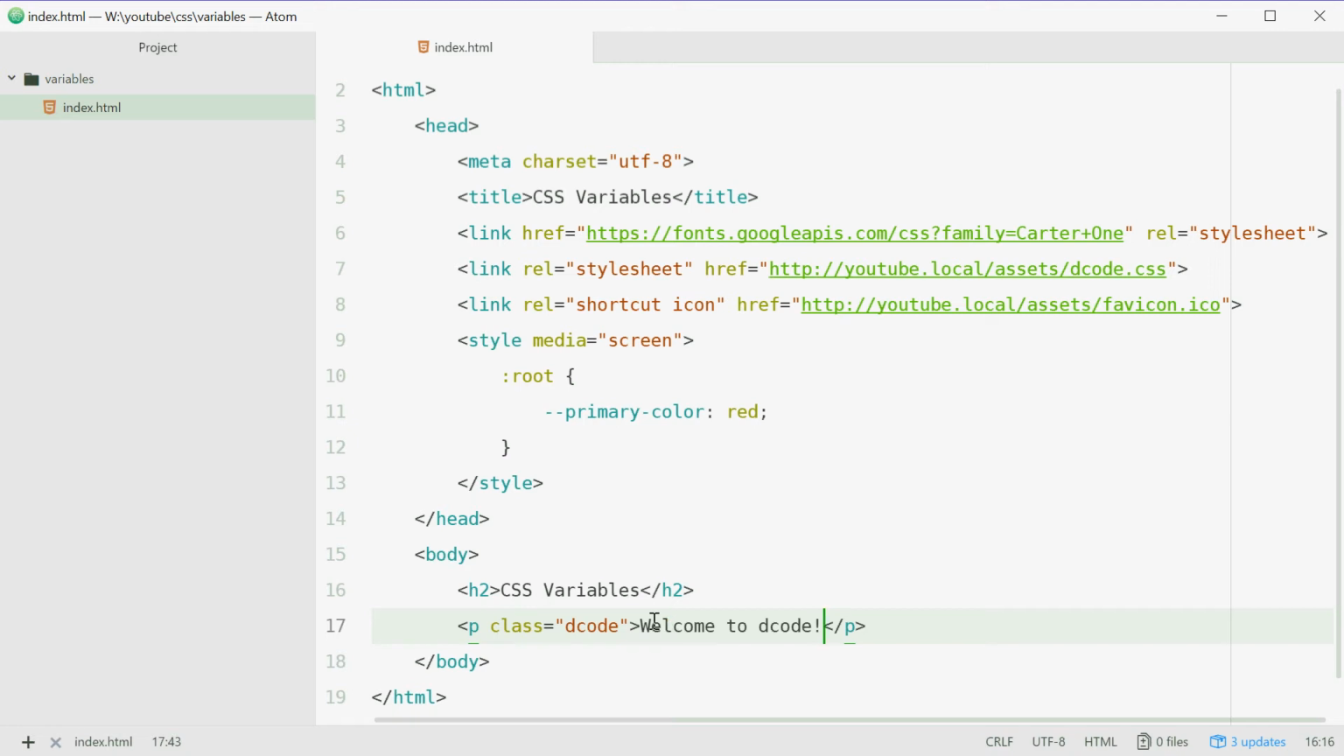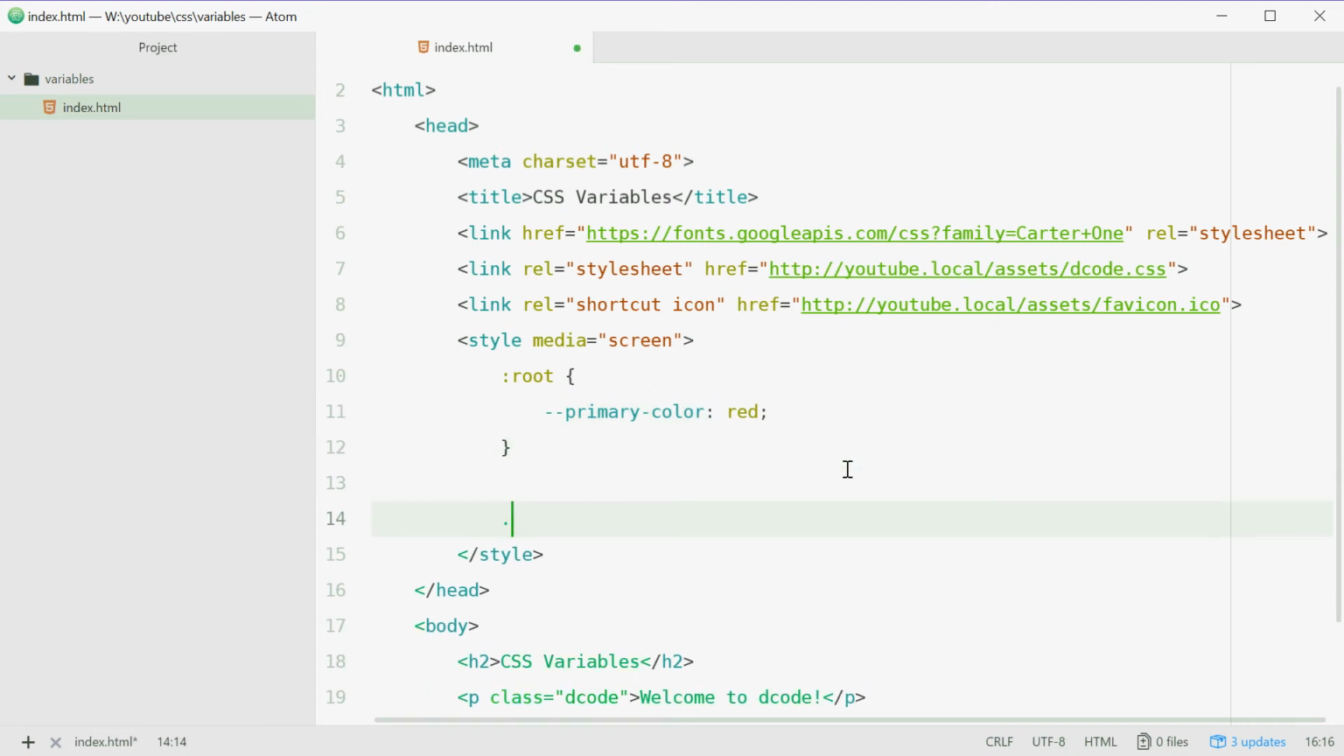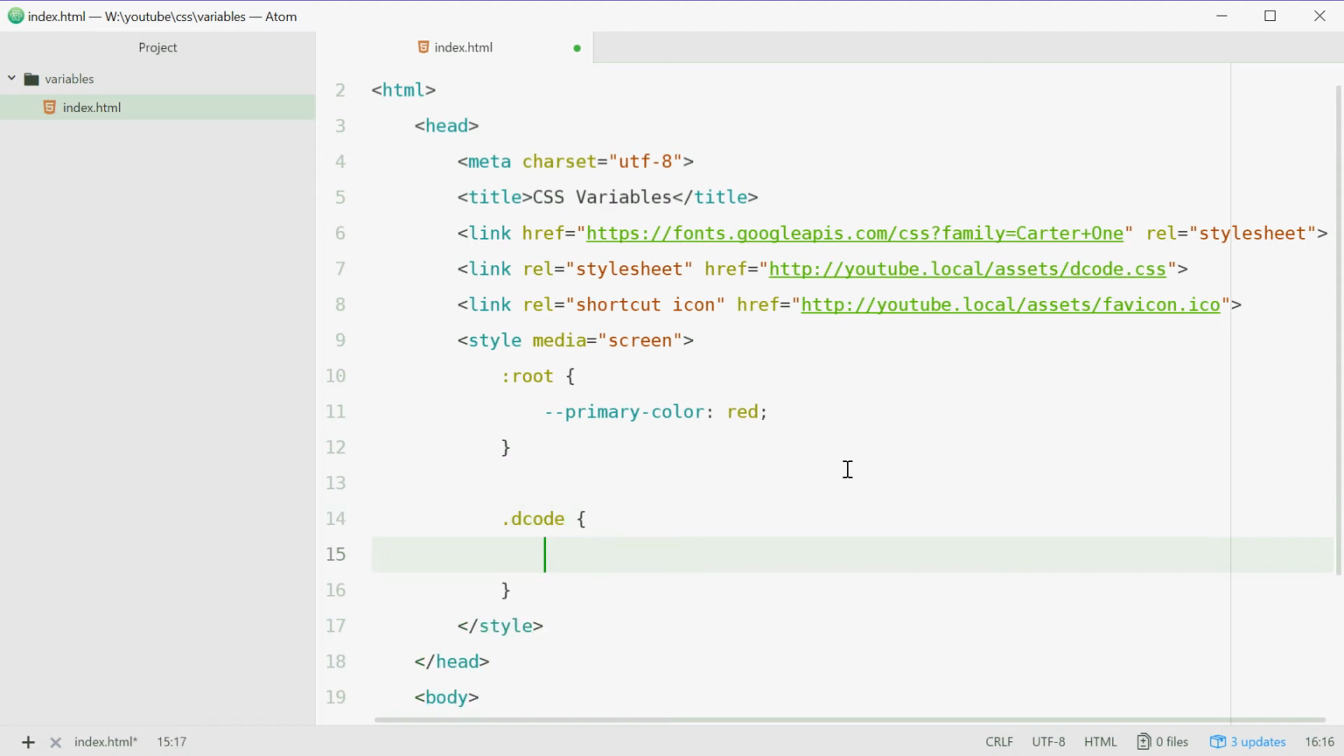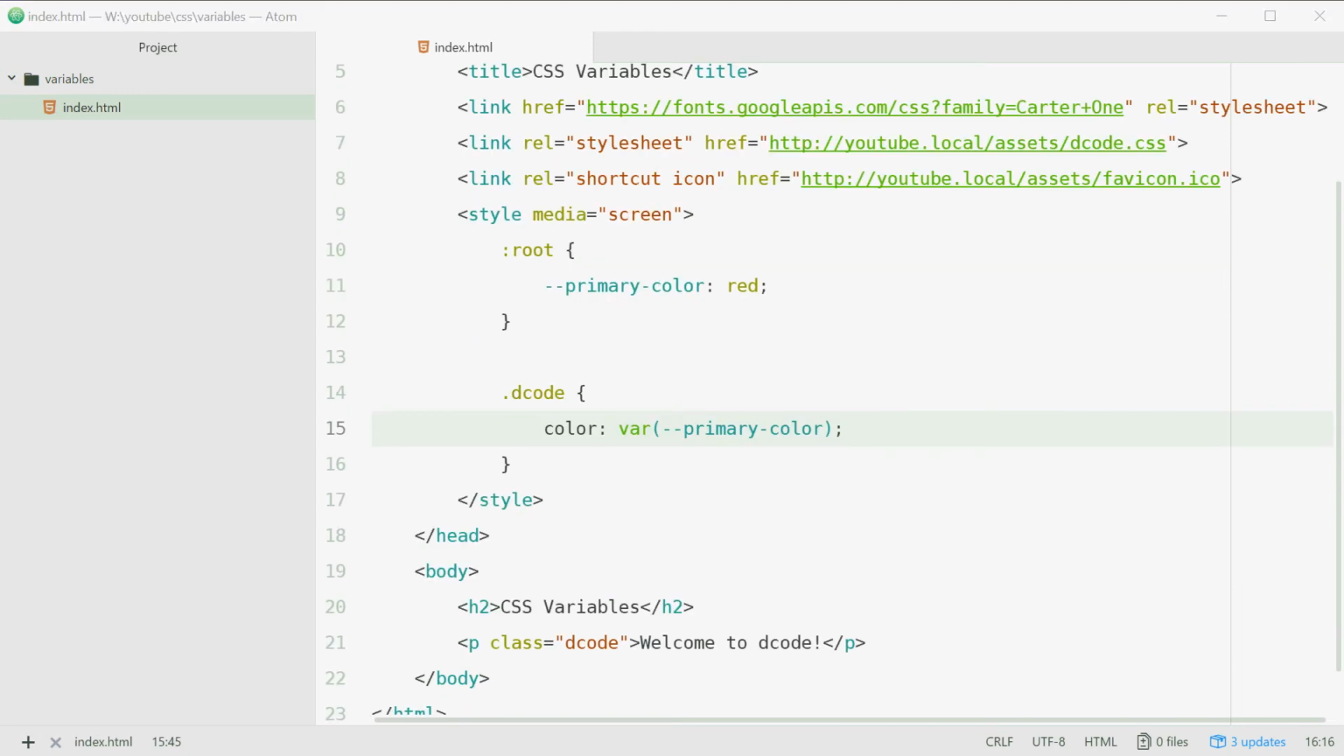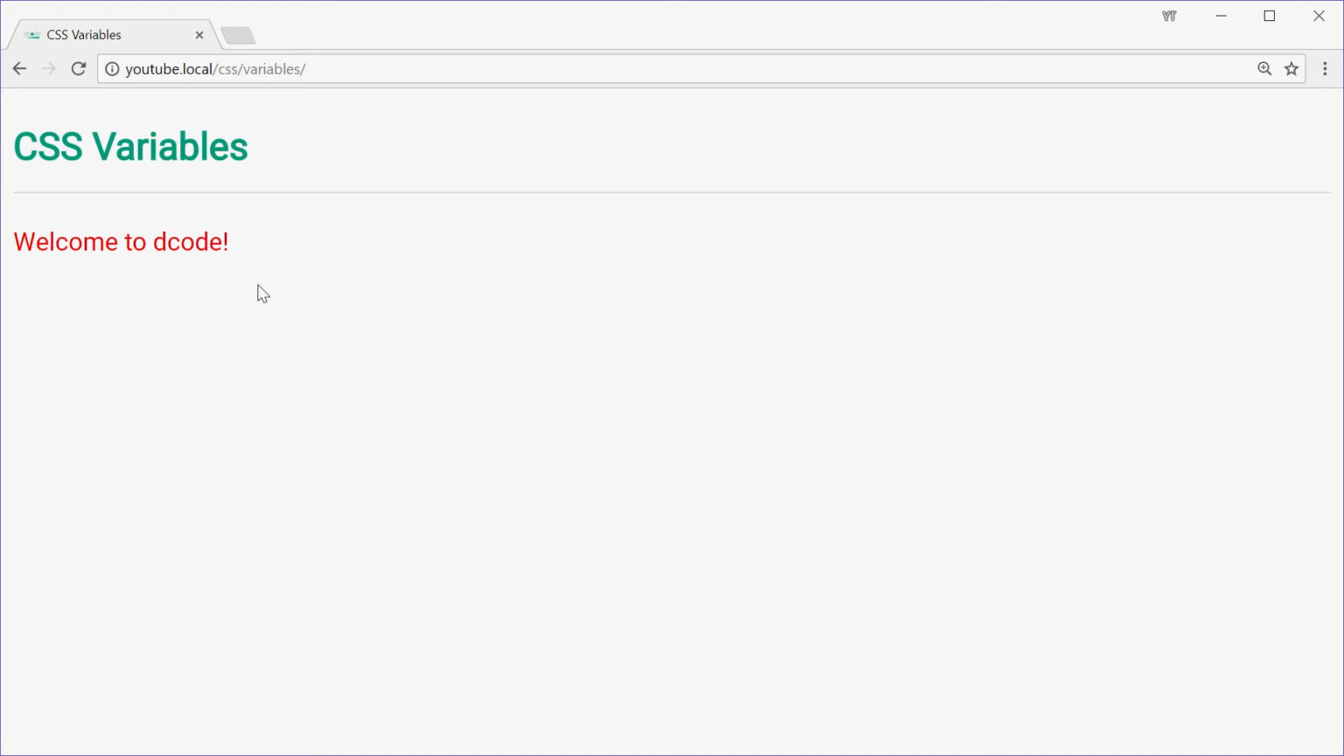Now we're going to change the color of this text to red using a CSS variable, primary color, which we've defined just up there. So we can target the decode class and say color. Now set this value as this. We can say var, and then inside here put the actual variable name. So you need to use var and then open and closing brace and put down the variable name, primary color, inside there, just like that. And that's how you do it. So we can save this code, go in the browser, and then refresh, and we see welcome to decode,